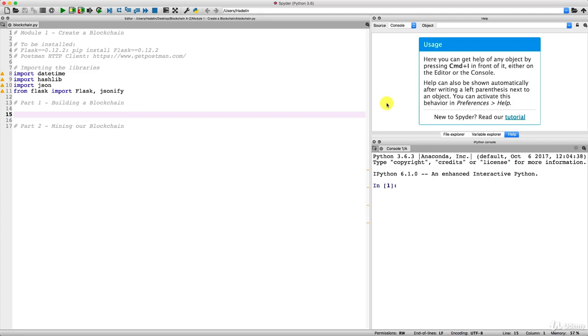But just before we start with part one, as you can notice, I imported the libraries that we will need to make these two parts. First, the datetime library, because each block will have its own timestamp, which is the exact date the block is created, is mined. Then, of course, we'll use the essential hashlib library, which we will use to hash the blocks. So we will work with hash functions. Then we will import the JSON library, because we will use the dumps function from this library to encode the blocks before we hash them.